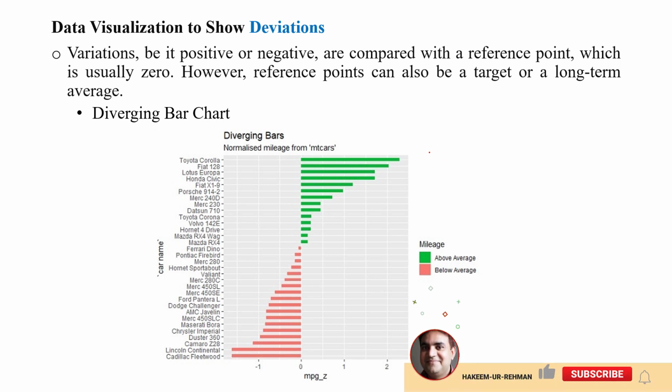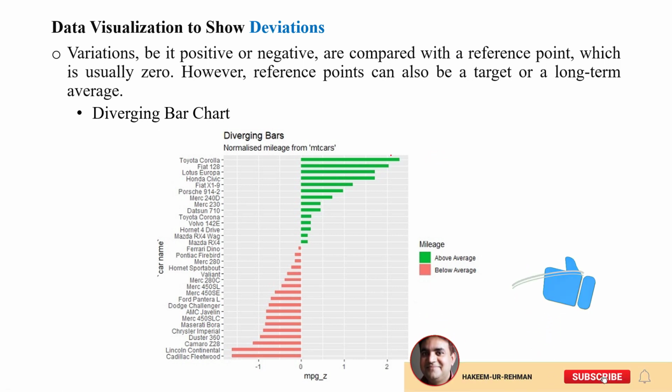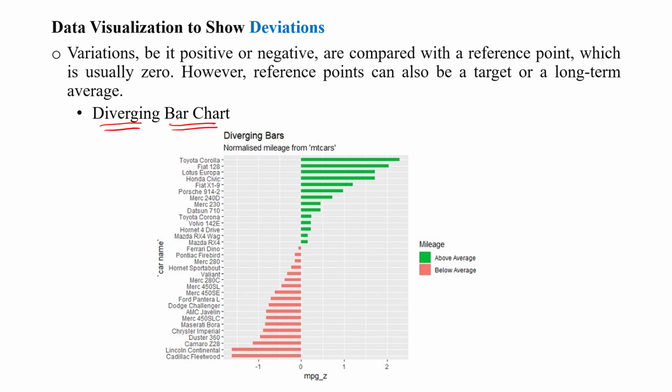Welcome. In this video lecture, I'm going to talk about how we can draw a diverging bar chart. It's a kind of bar chart which we can use to visualize the variation from a certain point, or to show the deviations of the data from a certain point. When we are saying deviation or variation from the referencing point or a target value,